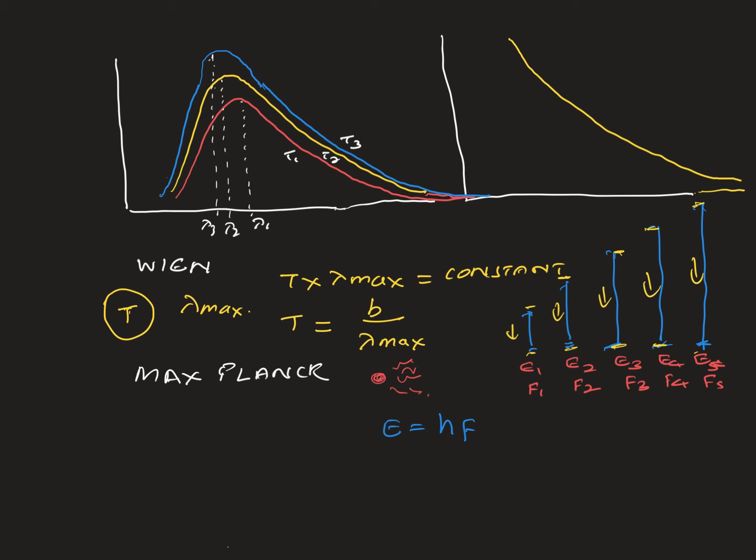Like this is about throwing 2 kilogram balls, and this is about throwing 4 kilogram or 8 kilogram balls. So when you throw lots of small balls, the total intensity is not that much compared to these ones. And so every object with a temperature has an optimum value where it will emit lots of radiation at a particular wavelength. And in that particular wavelength, there are more atoms oscillating. There are more atoms changing their state from this point to this point. That means that we have a high intensity.